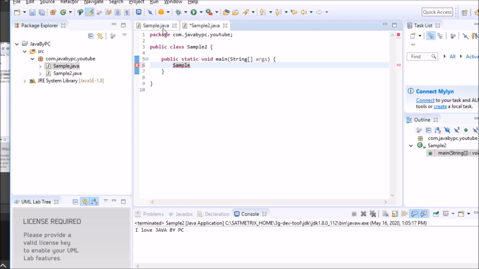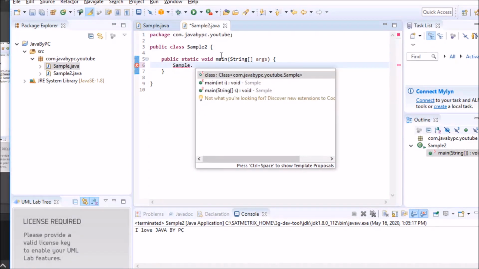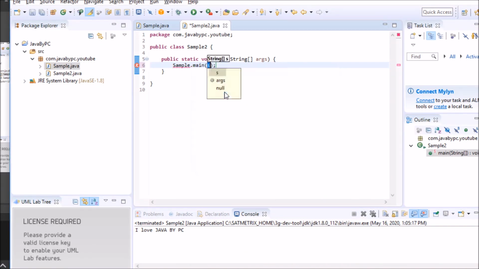So we'll write the sample class name. Sample dot. It has two main functions, you can see. We want to call this main function. It needs an argument, a string array type argument. Don't worry about the syntax of creating a string array for now.